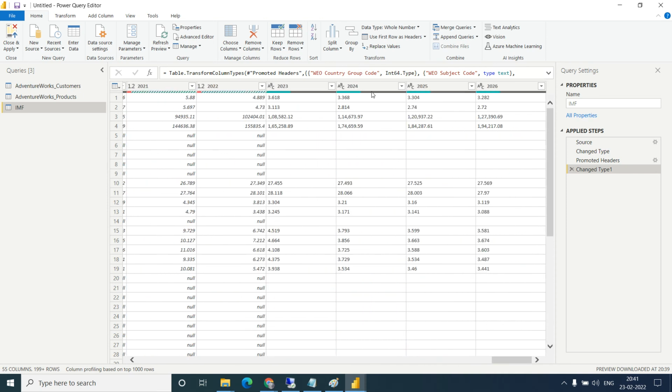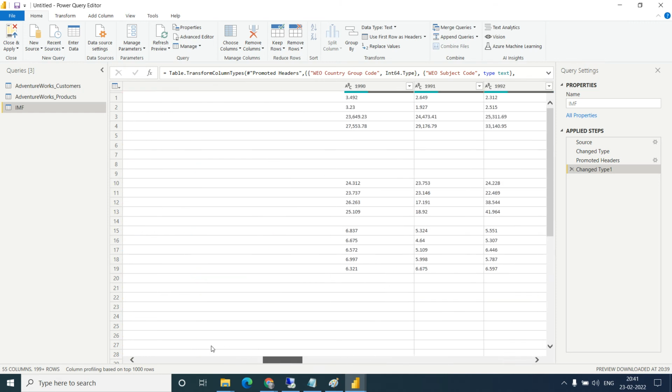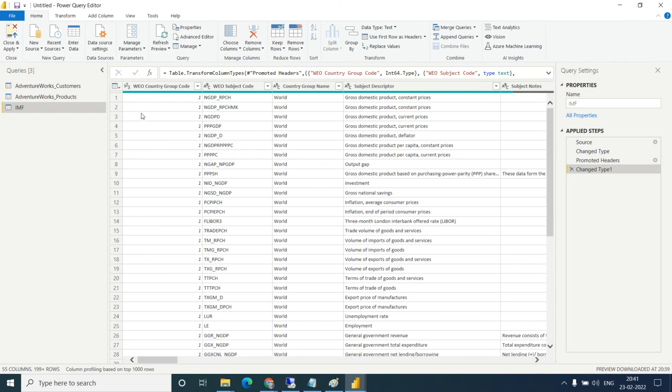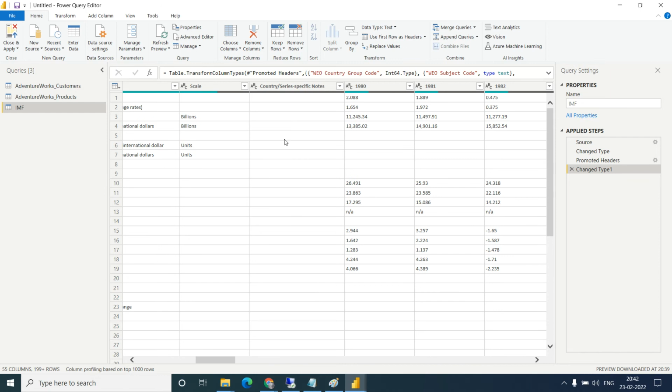Remove Columns. Yes, so let's say I'm deleting this one. Suppose I don't want these columns. Let's say this one, 2018, I don't need it.